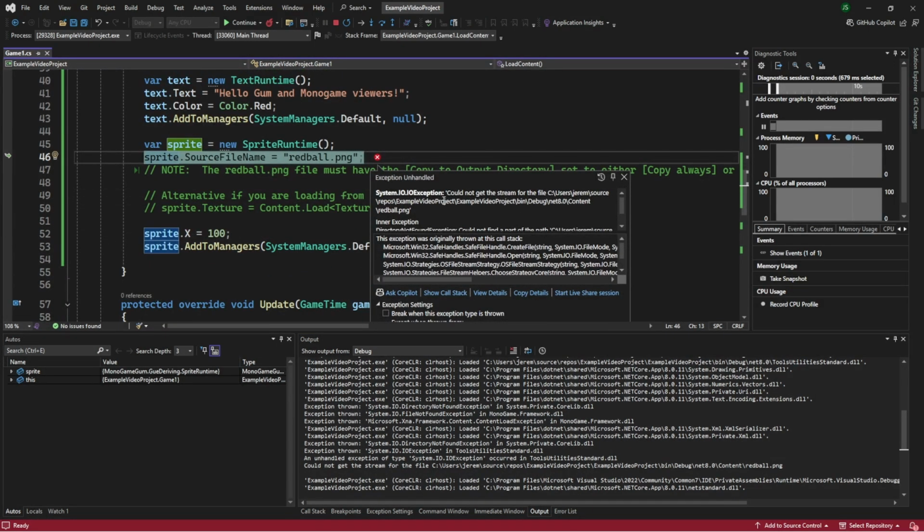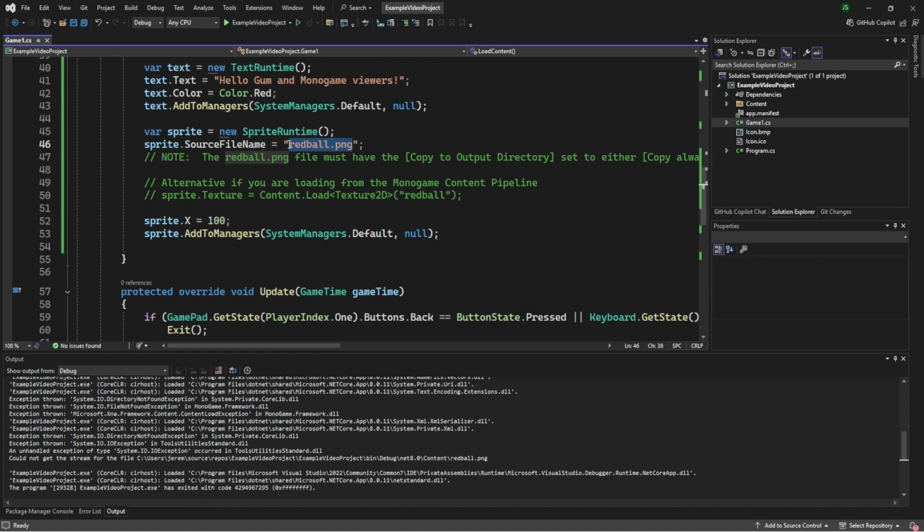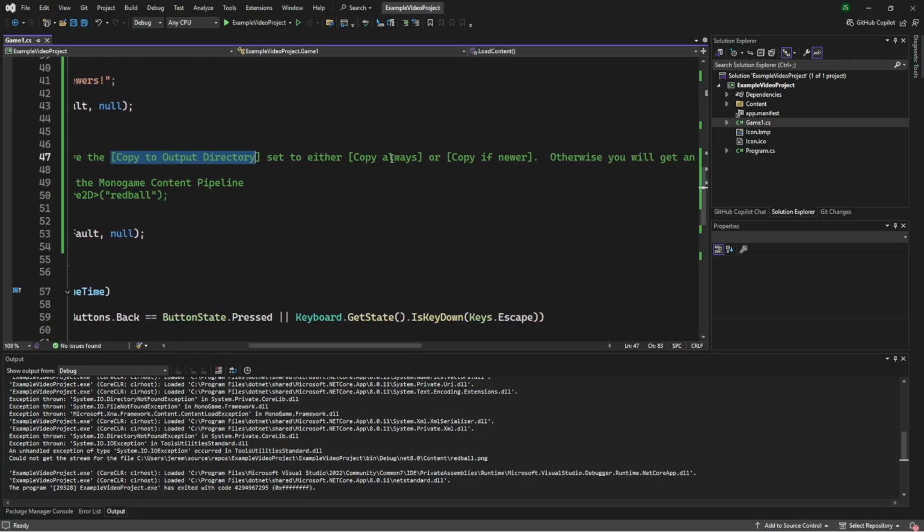If you normally only work with MonoGame, you're used to having to use the content pipeline to load images or assets that you have in your game. With Gum, these pictures can be loaded directly without using the content pipeline. But, as this error is implying, we need to do something to make sure that this is in the right spot for Gum to be able to load the file. And so the best way to do that is to use the copy to output directory option of either copy always